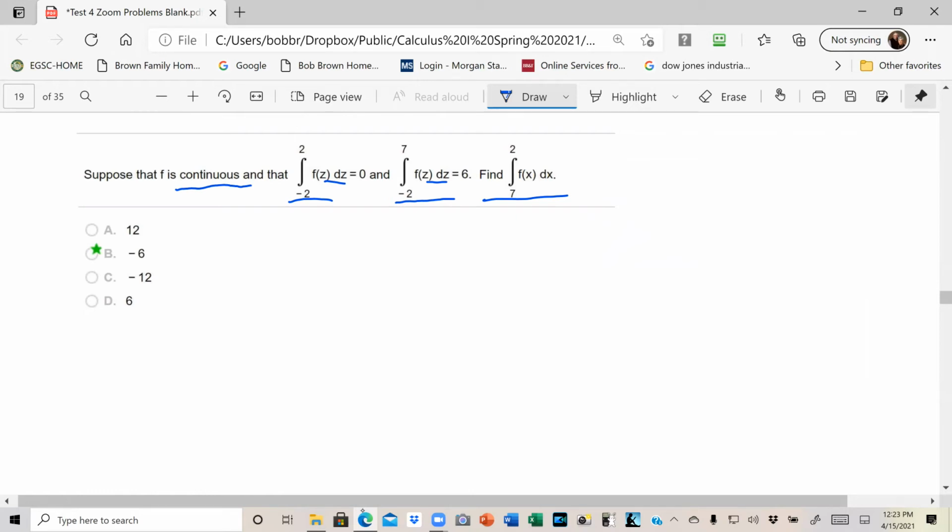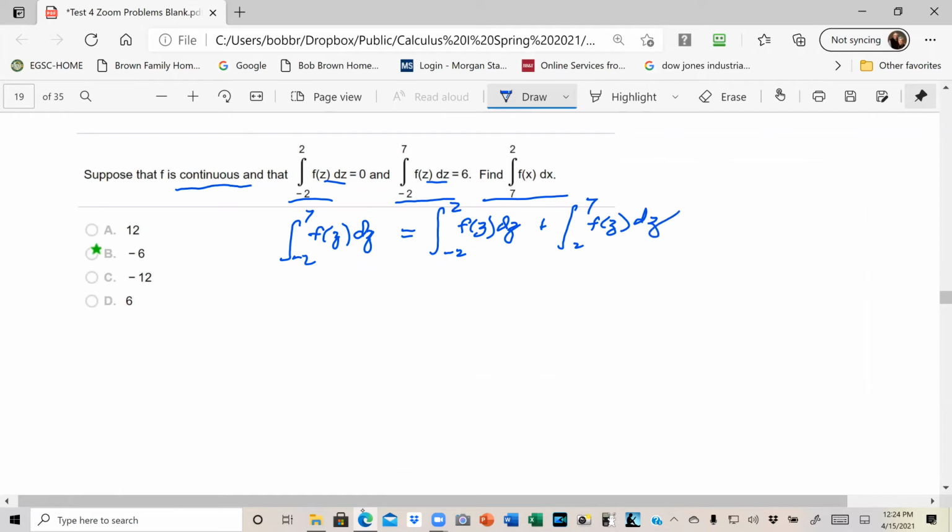Let's notice that the integral from -2 to 7, which is the full length here, of f of z dz is equal to the integral from -2 to +2 of f of z dz plus the integral from 2 to 7 of f of z